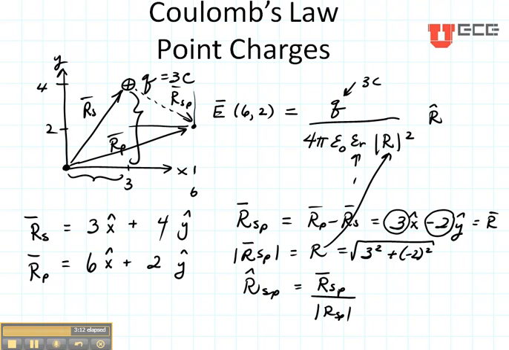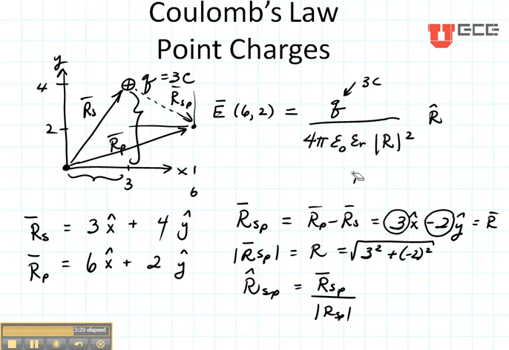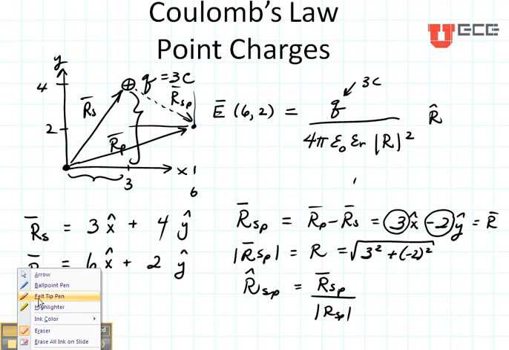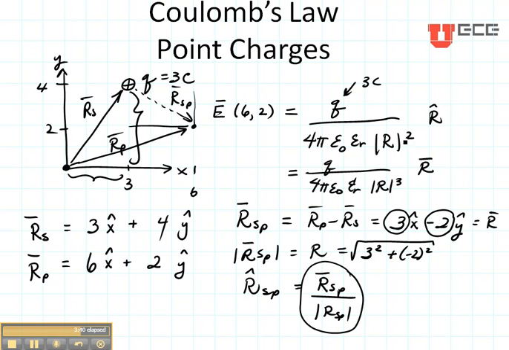Another way that we could write our Coulomb's law, that would be very handy, is we could say that this is equal to Q over 4 pi epsilon times epsilon r times the magnitude cubed times the vector. That came from integrating this with this. So you can see that right here I have all the elements we need. Let's write this one out.